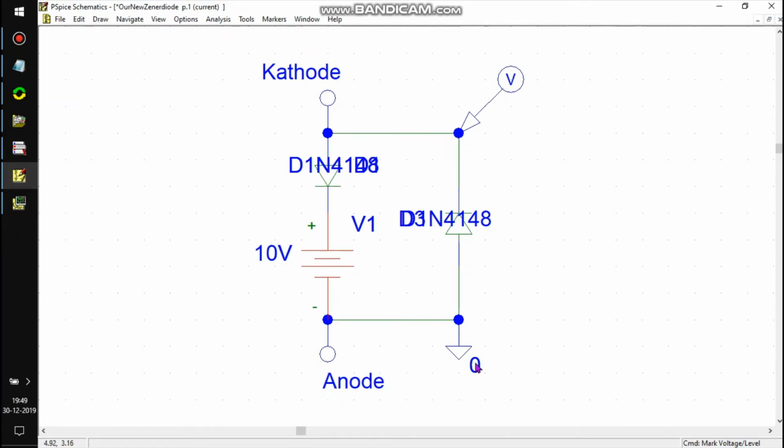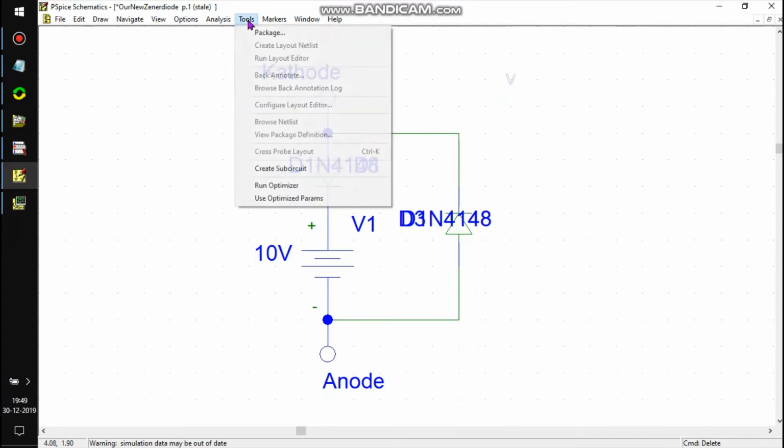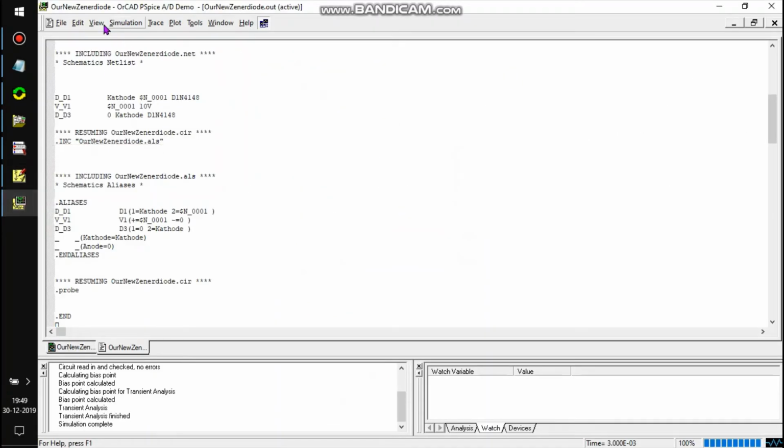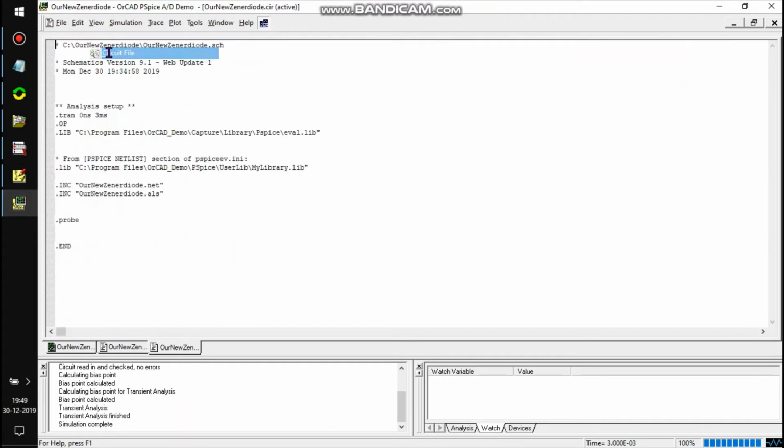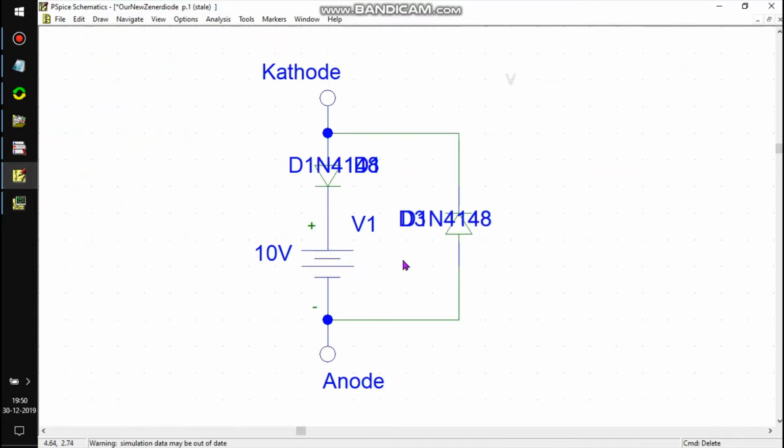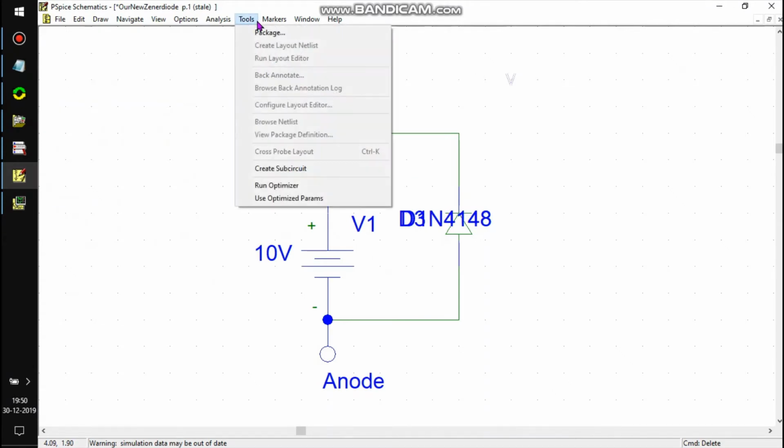We don't want to have this outside world connection always to the 0. Because we are going to make a sub-circuit from it, not a normal circuit. So let's make it.